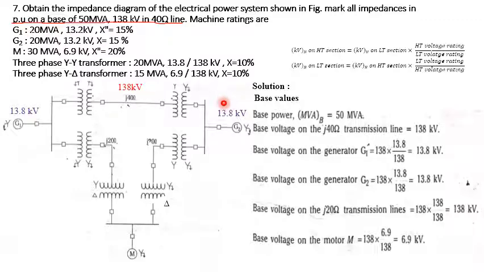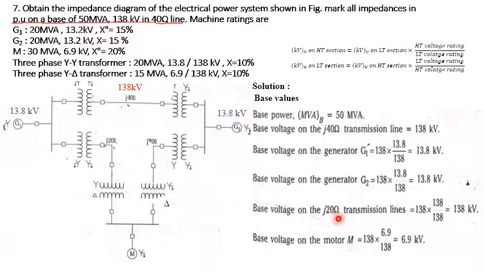Then, once this is done, I need to calculate for this, which is also j20 ohm. Either you calculate from this side or from this side. What I am doing is calculating the transmission line voltage across the 20 ohm. This is also 20 ohm. That's nothing but the kV base voltage on the ST section. Why is it the ST section? Because the transformer will step up the voltage from this point. Star to star: if it is 13.8, this should be 138. Why? Because it's star to star. The ST section is equal to, sorry, this is the ST section, right?